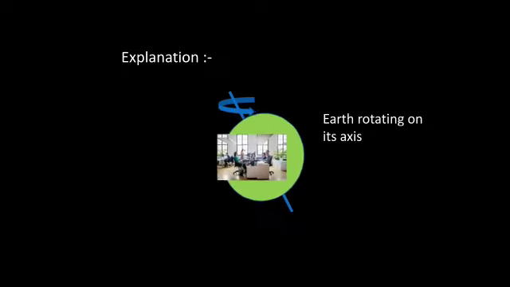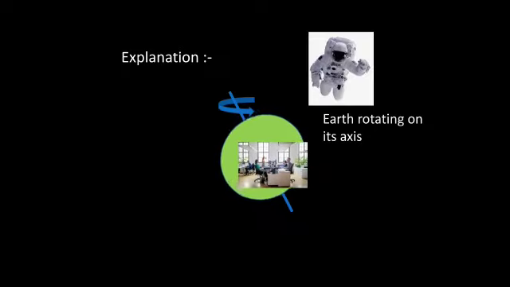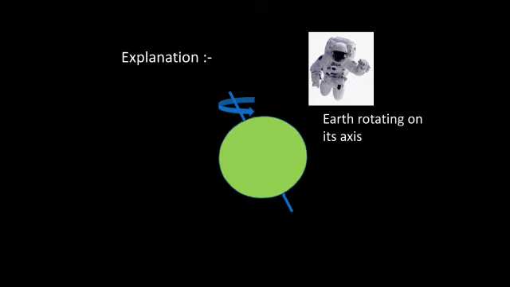Just have a look here. If the person from space looks at it, because the earth is rotating, everything is in motion. So, what do we conclude here? The object is at rest or in motion. That depends on the person, that means it depends on the observer who is looking at that particular object.